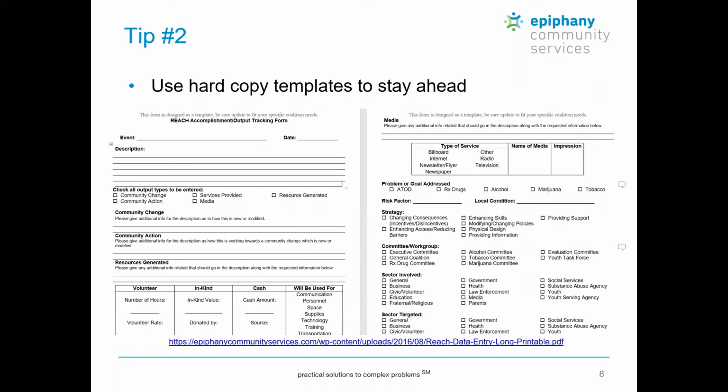This way you can jot down little things, such as if you go to a meeting to talk about a new policy with the high school principal and the superintendent. Let's say that they volunteered their time for this meeting to meet with you. You can write down a quick description of what happened, select resources generated on here, and then you can also write down their volunteer hours. That way you have it on this paper, so when you do finally sit down at your laptop, your tablet, whatever it is, to do your Reach entries, you have it already on a piece of paper, and all you have to do is look at it and say, oh yeah, it was 2 hours, let's plug this in,